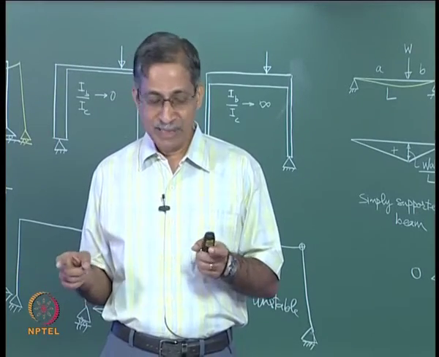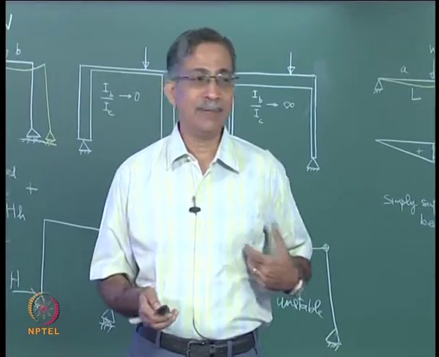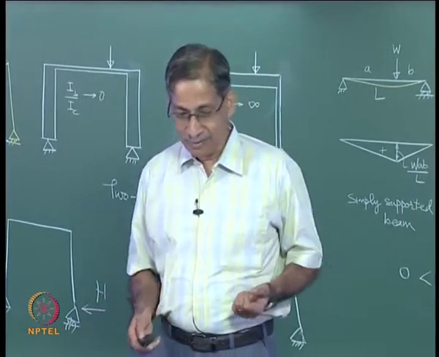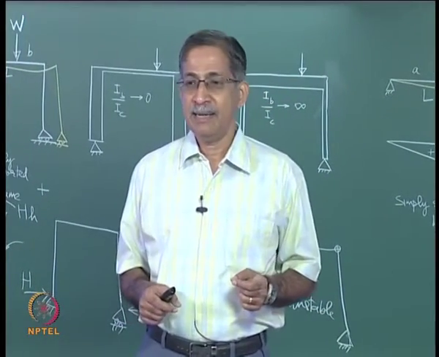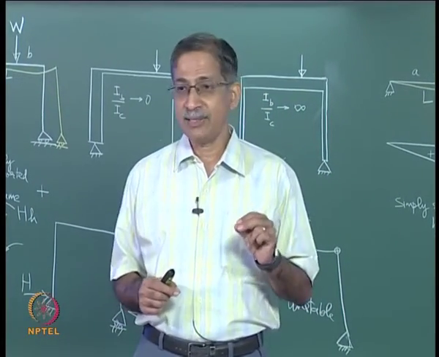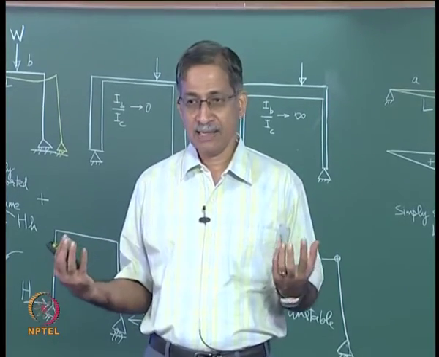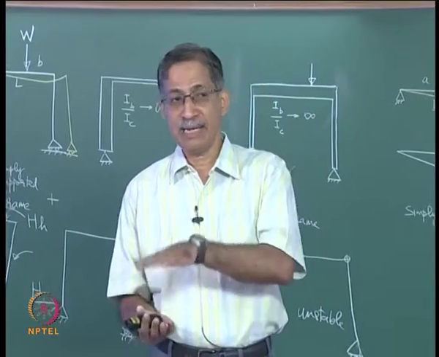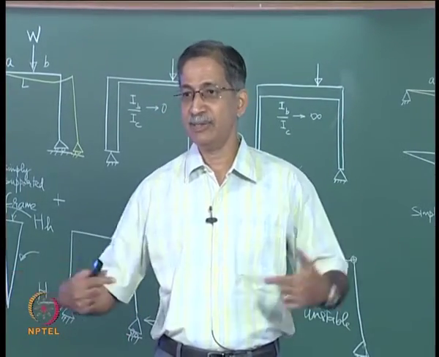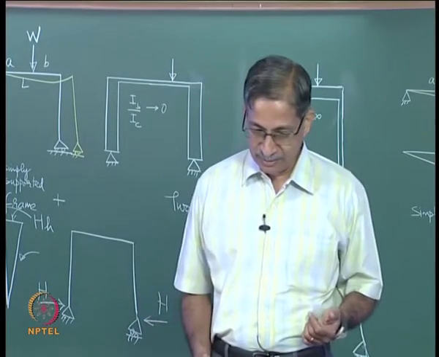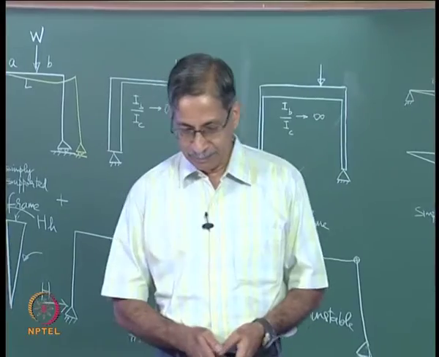So that is sometimes called rib shortening. Rib because the arch looks like the rib in your skeleton. So that is the first effect that might be worth considering when you have slender arches and when the axial force in the arch is very high. The axial force in an arch will be high when the rise of the arch is small, because you know the beneficial effect of the horizontal thrust is not there.